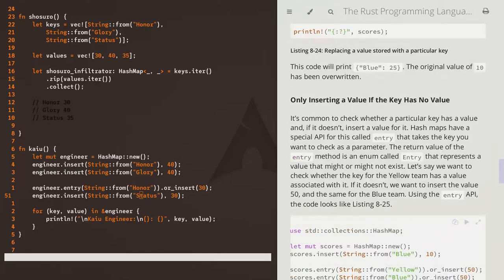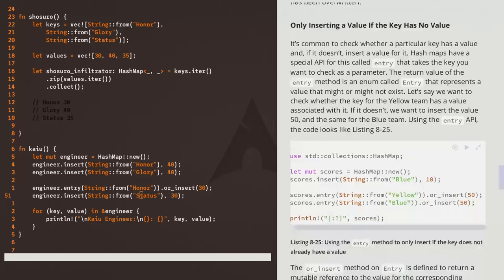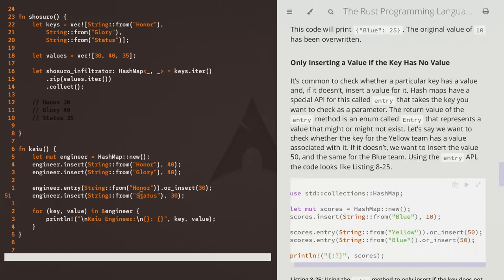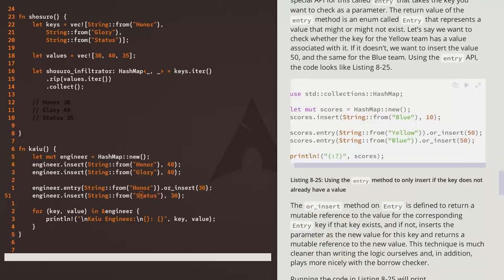So when this says only inserting a value if the key has no value, I'm curious whether it's possible to have a key that doesn't have a value, and if not, then perhaps this should say something like only inserting a key-value pair if there is no key of that name, or something. Okay,